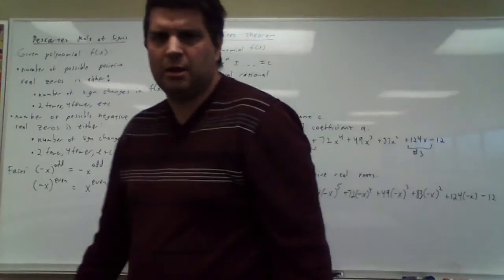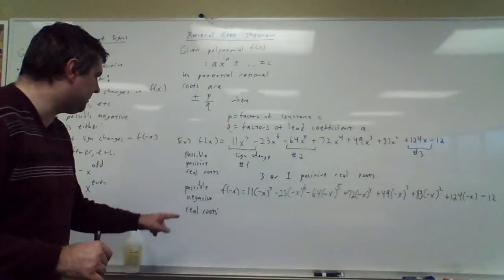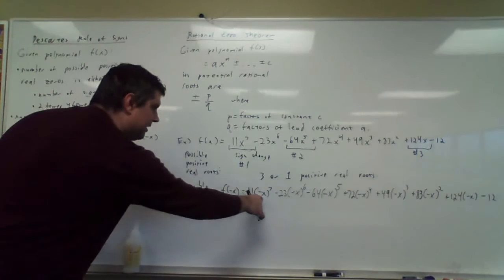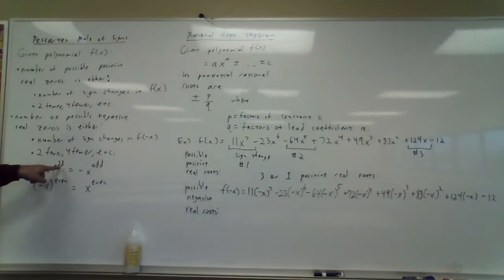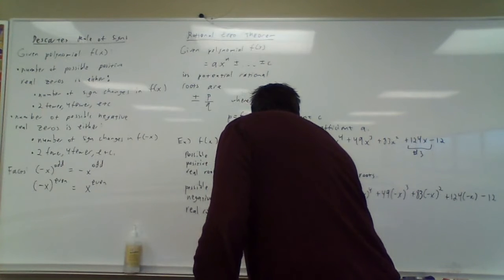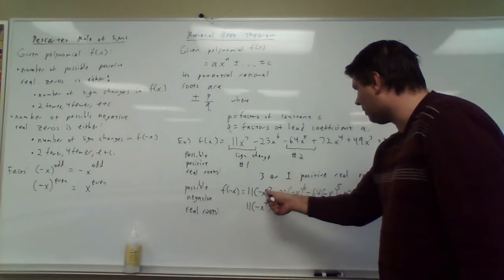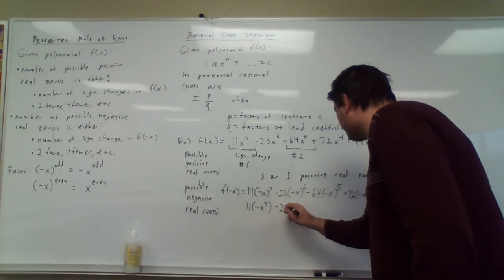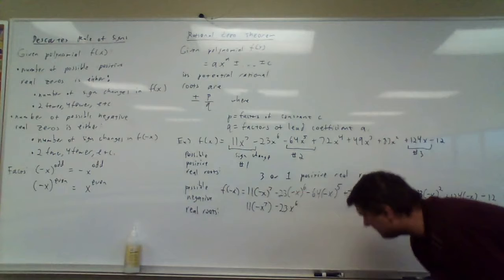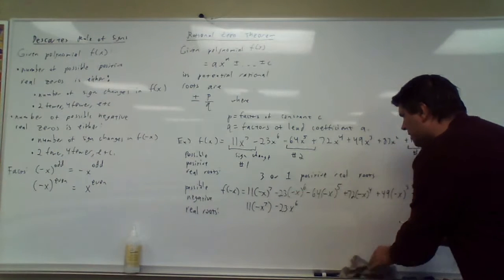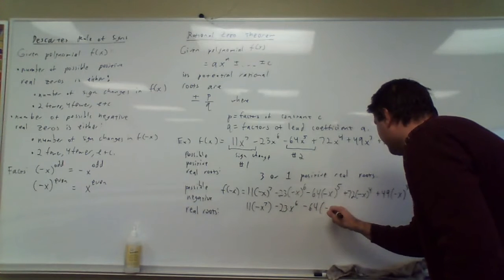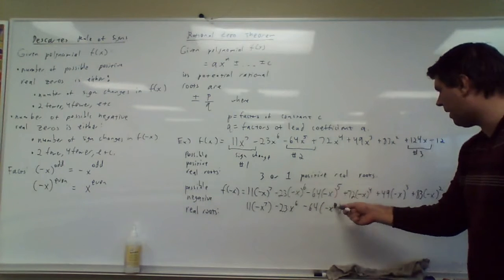Okay? So let's simplify that using these rules. So this one is negative x to the 7th. So negative x to an odd power would give you 11 times negative x to the 7th, because that's an odd power. Minus 23 x to the 6th, because that's an even power. Okay? This is going to be minus 64 times negative x to the 5th, because it's an odd power, will be negative,